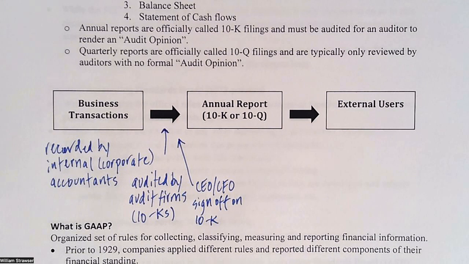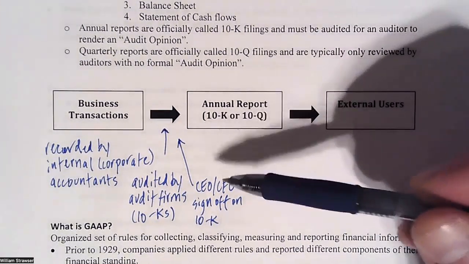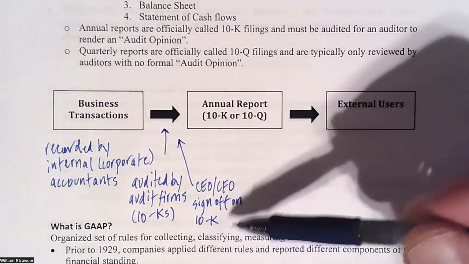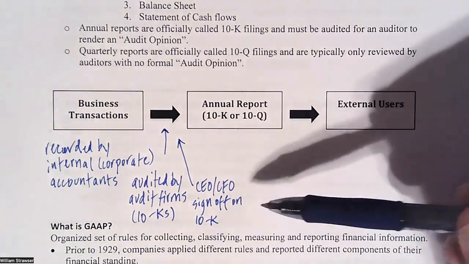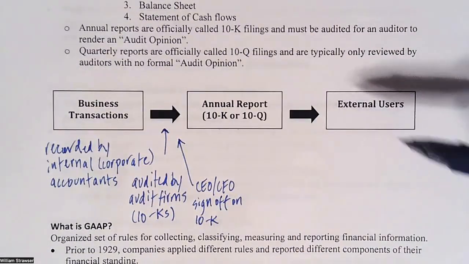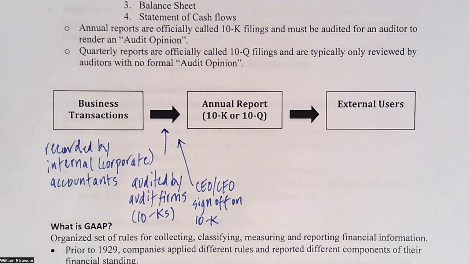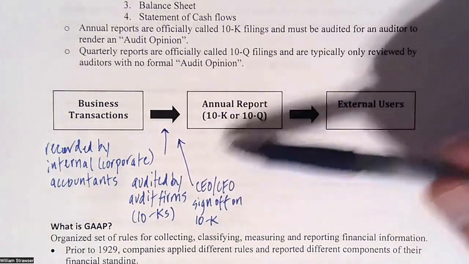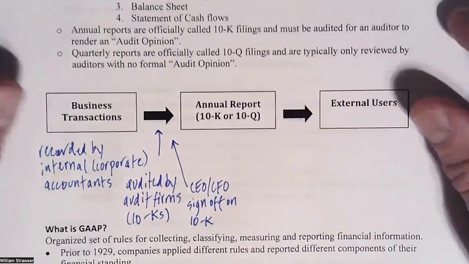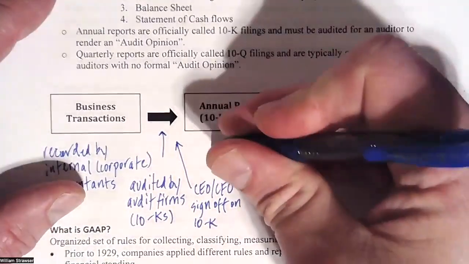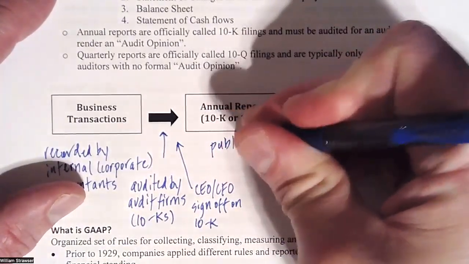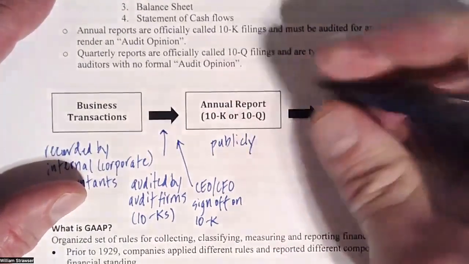The CEO and CFO were, in that case, able to hedge a bit and say, well, hey, we didn't really know what was going on. After that, Sarbanes-Oxley was passed, and the CEO and the CFO do have to take legal responsibility for the reports submitted so that that doesn't occur in the future. All of this boils into an annual report because, remember, this is publicly available to the United States or anybody who wants to invest.